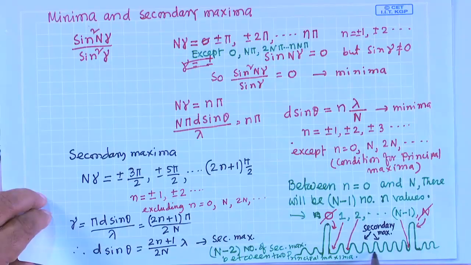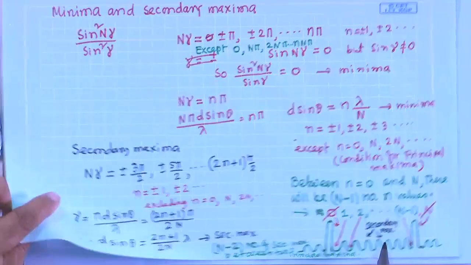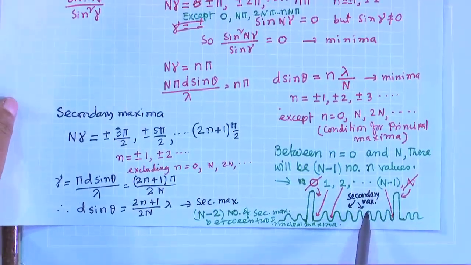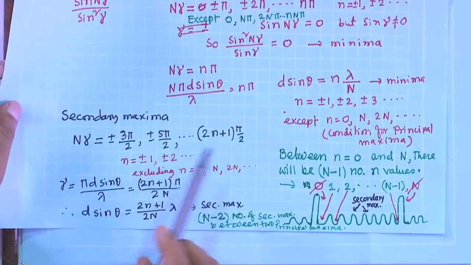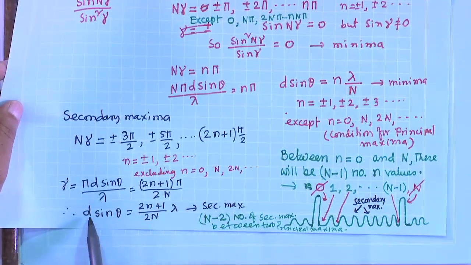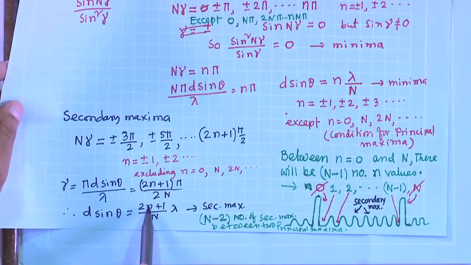These are the conditions for the interference minima. So, in between there must be maxima, and that is called the secondary maxima. And the condition for secondary maxima is d sin theta equal to